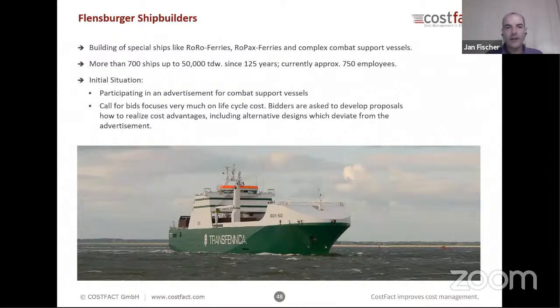And here in this example, it was a practical project. Flensburger shipbuilders quoted for a supply vessel for the British government, for the Ministry of Defense, and there was the specification. Together with the specification, the MOD said, well, here's our specification, and of course we would like to receive a quote which